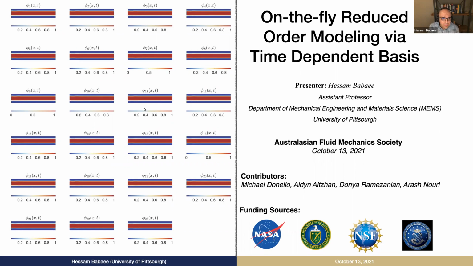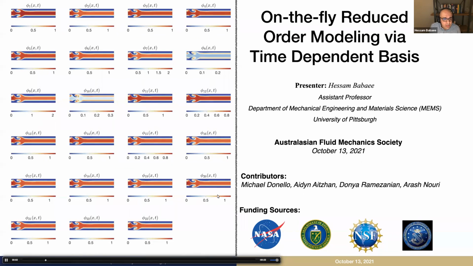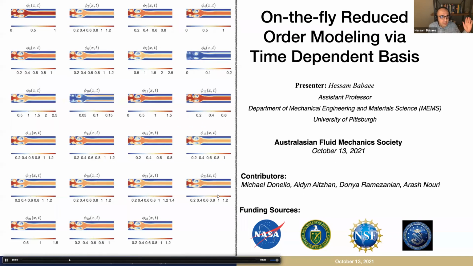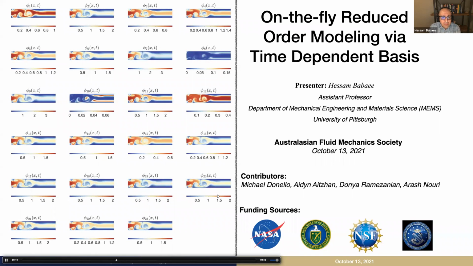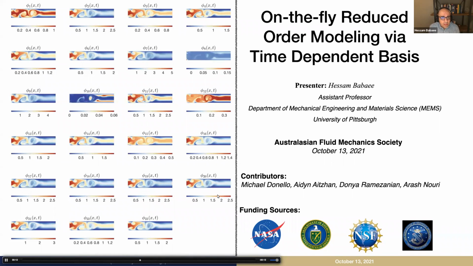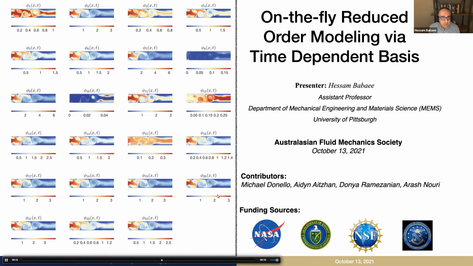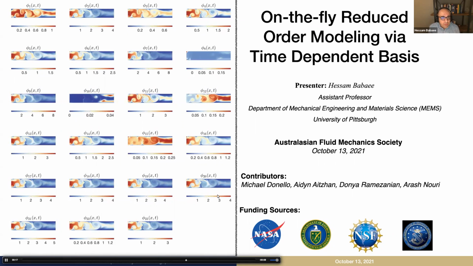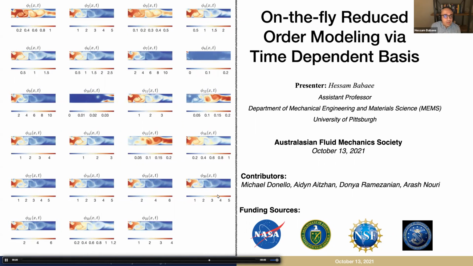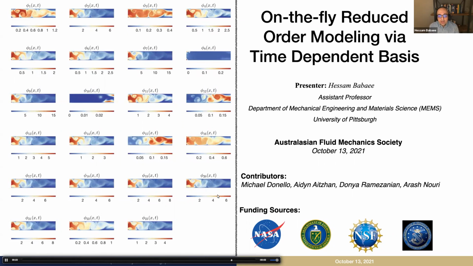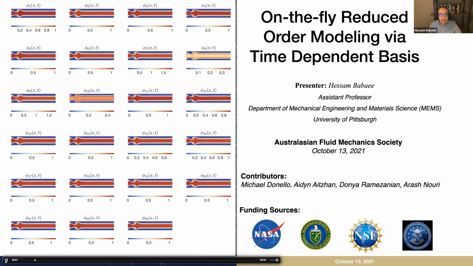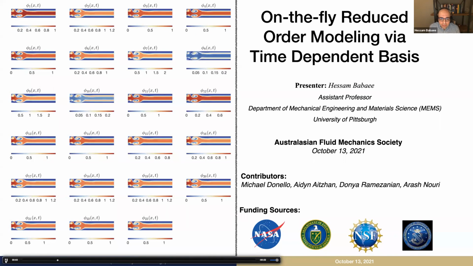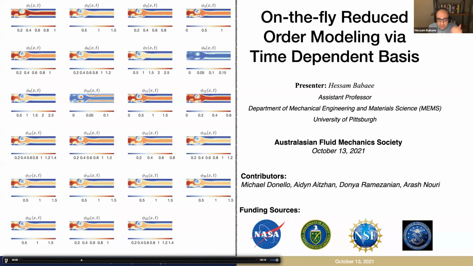I just want to draw your attention to this animation here. This is a jet that is coming from left to right, and this is a chemically reacting flow with 23 species. If you want to solve this kind of flow, you would have to solve a separate PDE for each of the species. And this is 23 species, but we have combustion problems where we have a large number of species, and tracking each one of these species could become computationally intractable. For example, for large fuels when you have like 1,000 species.